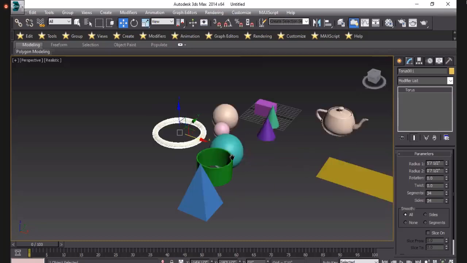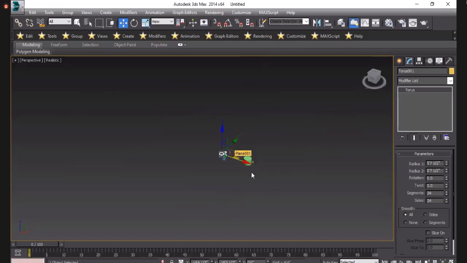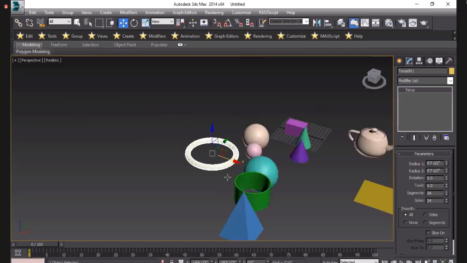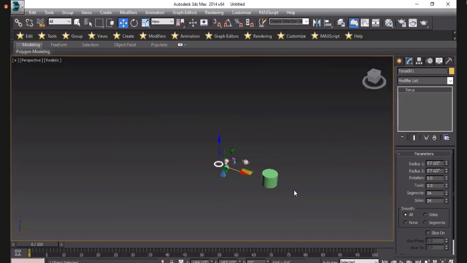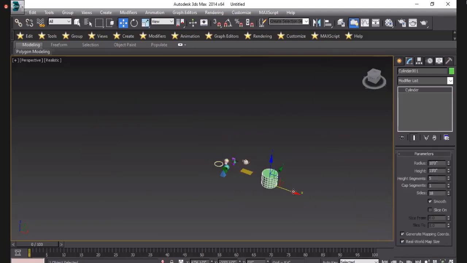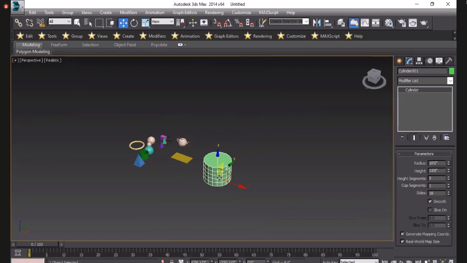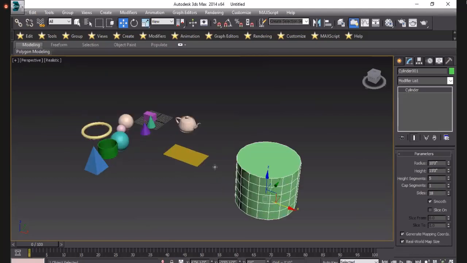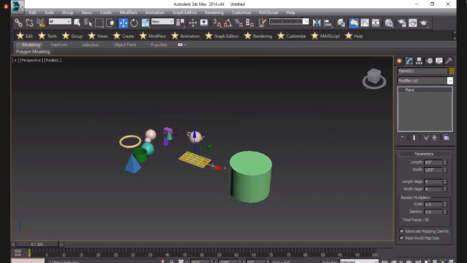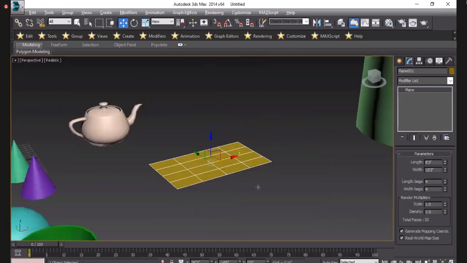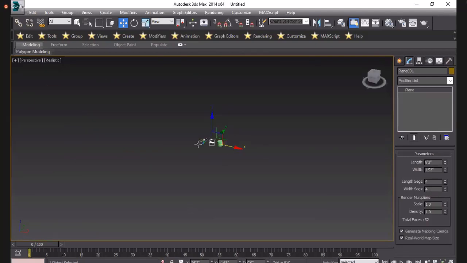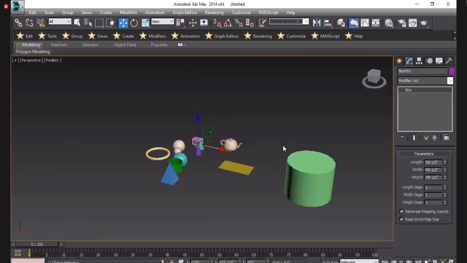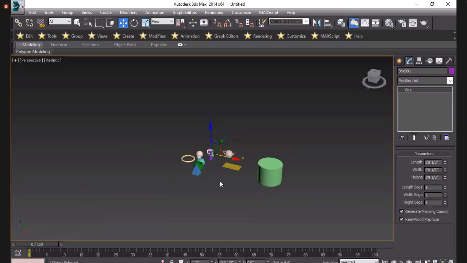For zoom purpose, you can simply use Z, select the object and tap on Z, or we can use scroll also. I will select the object and press Z. Okay. I will go back, select the object and press Z. Okay. Like that.